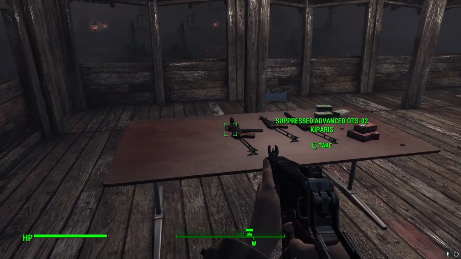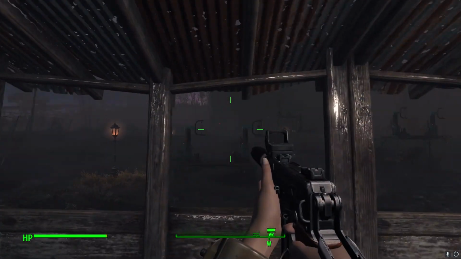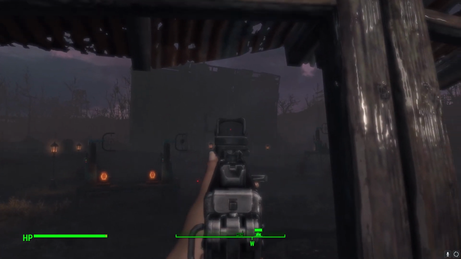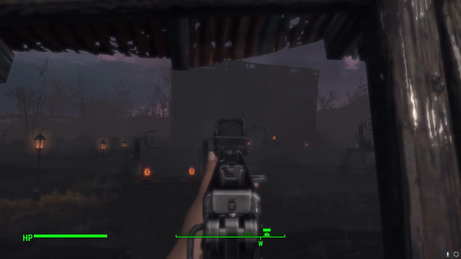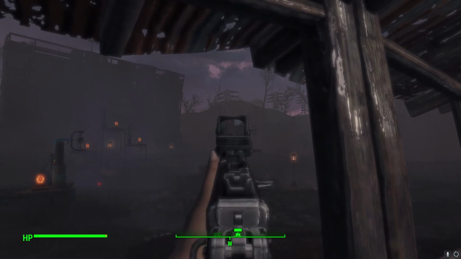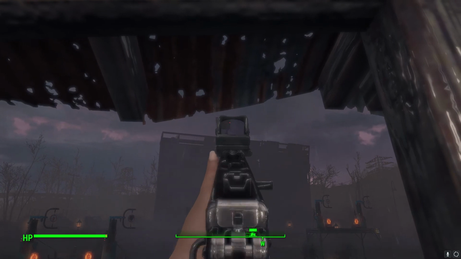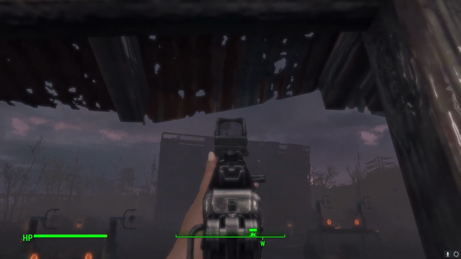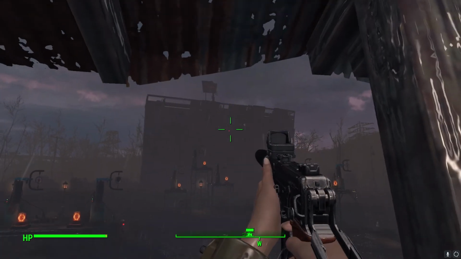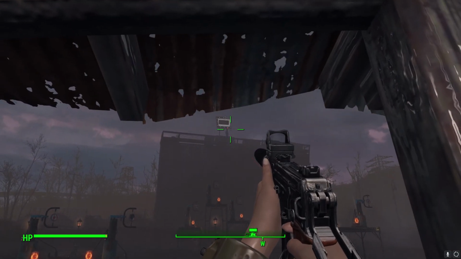Now let's try our suppressed advanced. This one has a red dot too, so it should be much more accurate. Oh yeah. Even at medium ranges though, it's getting a little iffy. Come on, there we go. That's... oh! No. The suppressor probably reduces... oh, no! I got it! I was just about to say that the suppressor probably reduces it so much that it